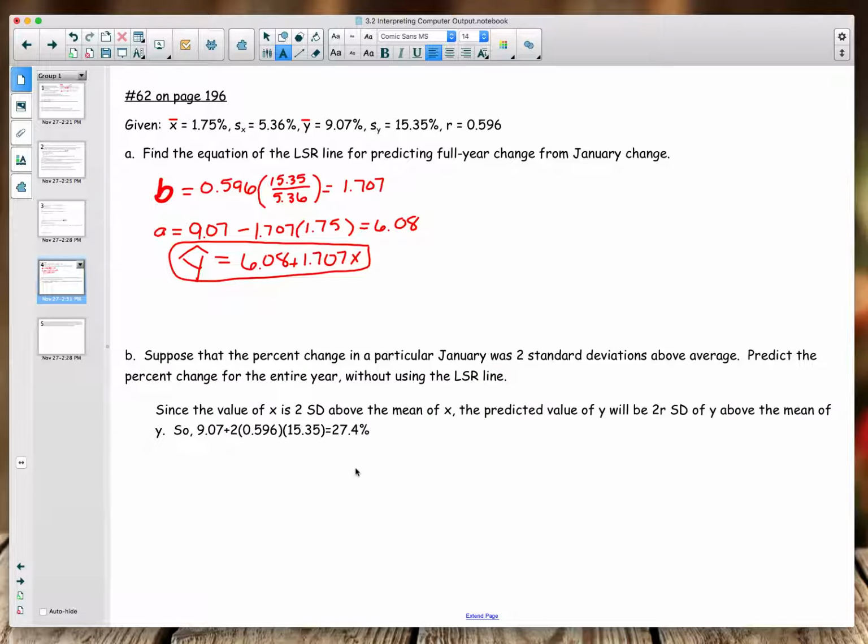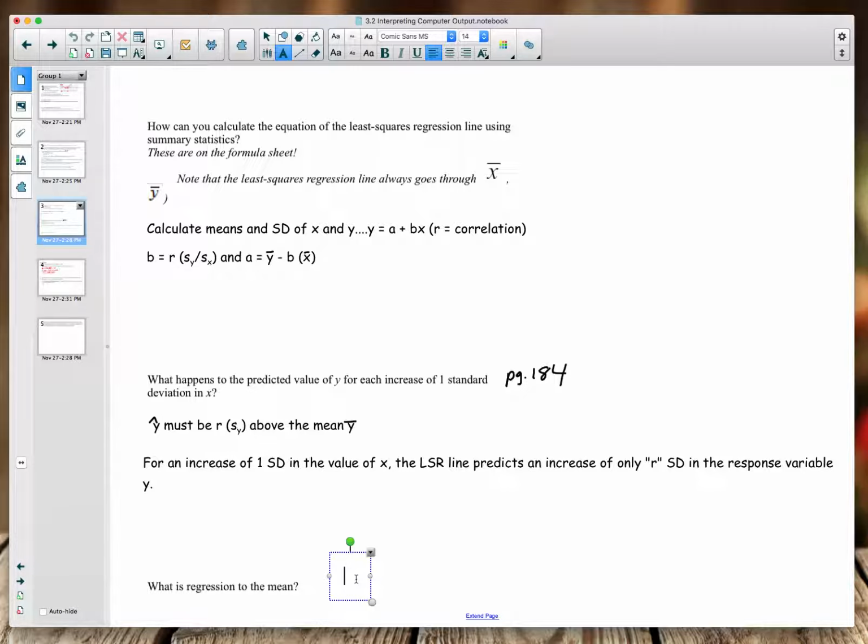If it was close to the mean on the first measurement, it could be extreme on its second measurement. Actually, a better way to say that is if it's extreme on its second measurement, more than likely it was closer to the mean on its first measurement. And that's just what the regression to the mean is. So with that being said,